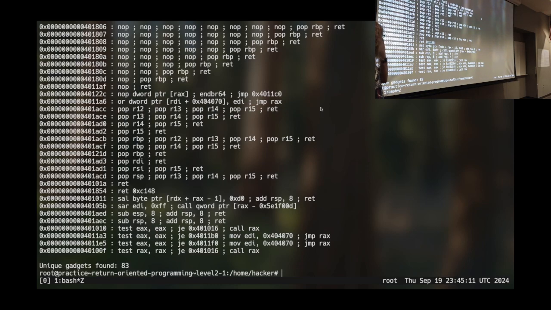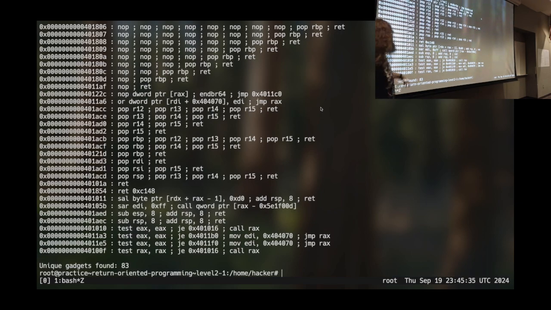Well, in truth, a gadget is really only defined by its terminator, right? So the shortest gadget you could have is ret. You could also have a gadget that is literally just jump, right? Those are your two terminating instructions. A gadget must end with that, because if it doesn't end with that, then you're not redirecting control flow somewhere else.